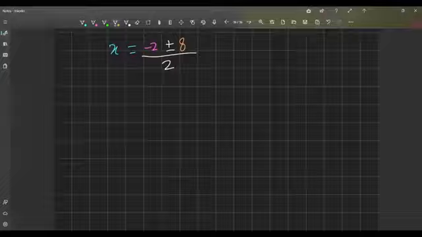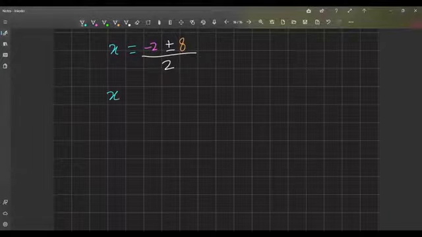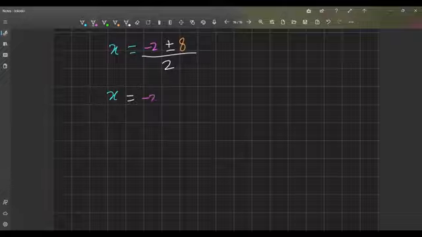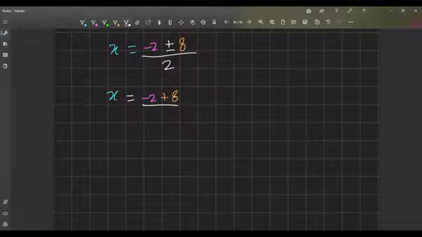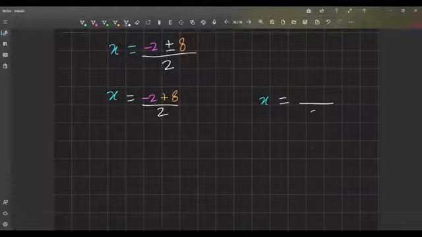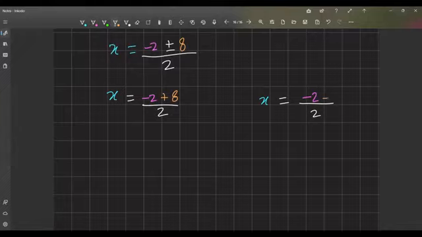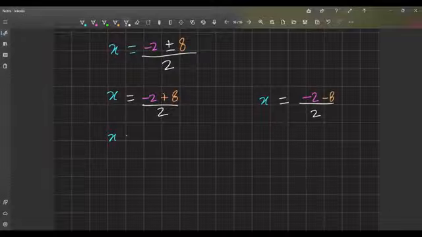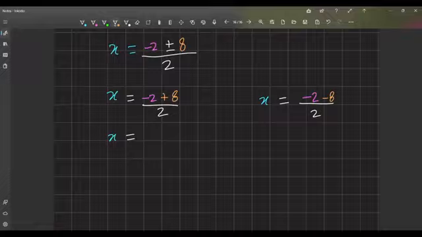Now we got a plus and a minus here, so I'll just write it down as x is equal to negative 2 plus 8 divided by 2, and the second equation would be x is equal to negative 2 minus 8. Simplifying this, we will get x is equal to 6 over 2,